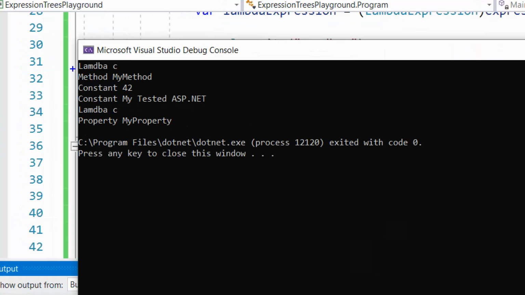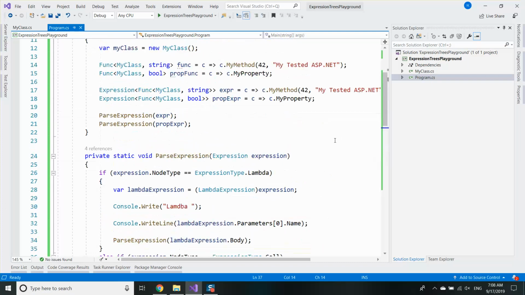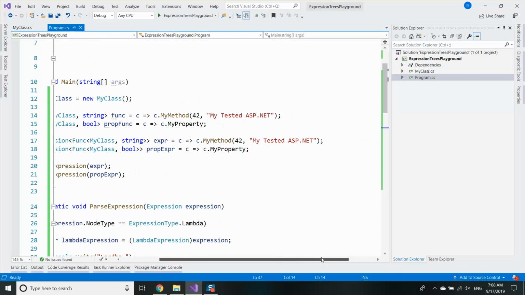Here it is. I'm analyzing my lambda expressions one part at a time. First the parameter c, then the method my method, then this constant, then this constant. Then I'm analyzing the second lambda expression, which only has a property. So I extracted everything from this expression tree, and